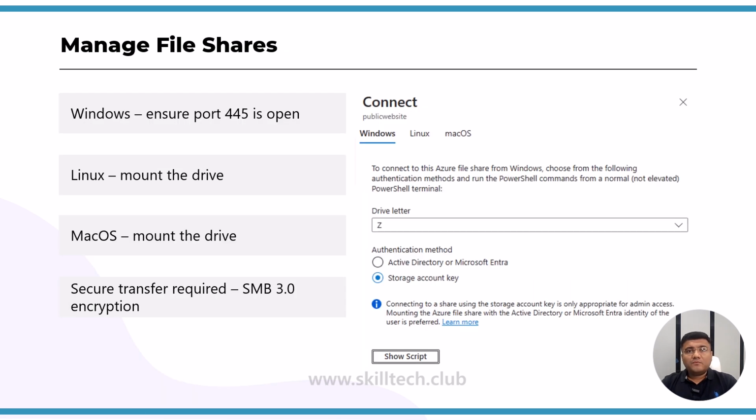Whenever you configure a file share, it allows you to associate with Windows, Linux, and Mac operating systems as a network drive. As you can see in this screenshot, in Windows, if your port number 445 is open, you can directly execute a PowerShell script and connect your file share as a separate network drive in any computer or virtual machine. Same is true for Linux and Mac OS. It's going to provide SMB 3.0 encryption also configured with it, which is going to make